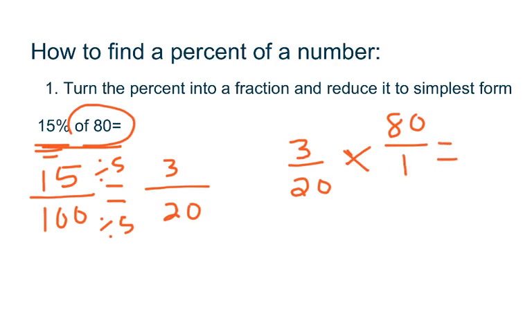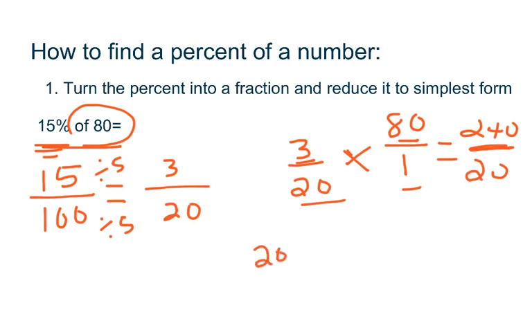And if I say 3 times 80, 3 times 80 is 240. And I say 20 times 1 is 20. So now it's 240 over 20. Really, it's 240 divided by 20, because don't forget this bar means division in a fraction. So now if I divide that,